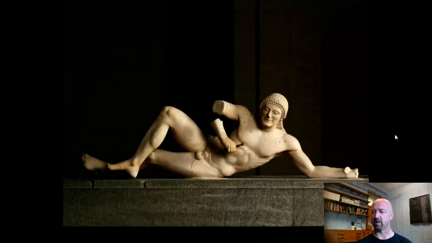Getting up close here, what you're looking at is a figure of a fallen warrior from the corner of the pediment at the Temple of Aphaia. And what we're starting to notice, if you think back to those painted forms, is a much more careful attention to the anatomy of a real figure, right? You wouldn't have seen this in ancient Greek. You don't see it in Mycenaean culture. You don't see it even in Minoan culture,